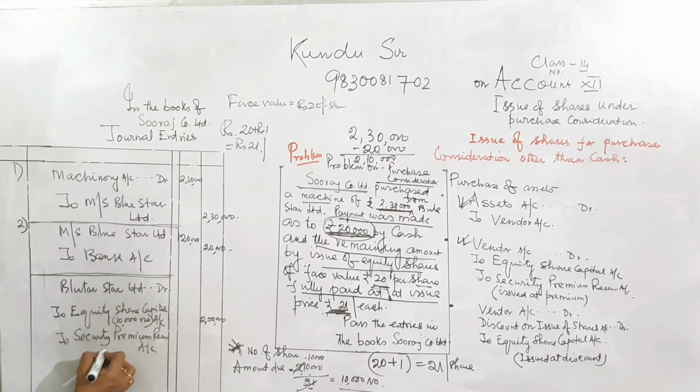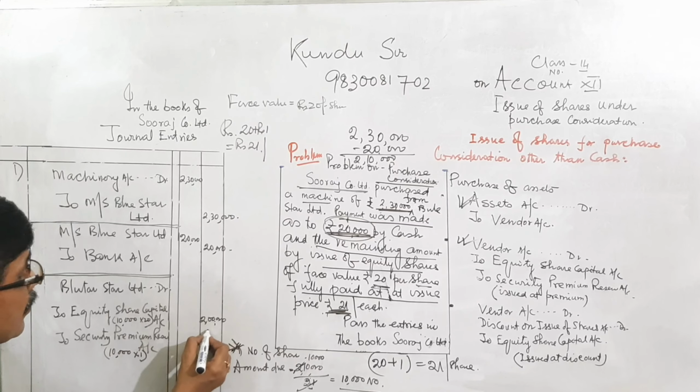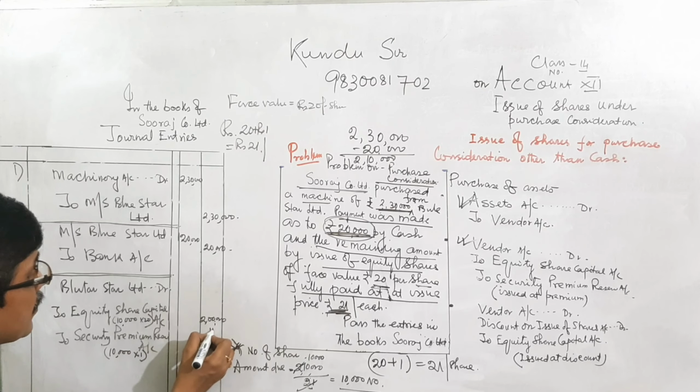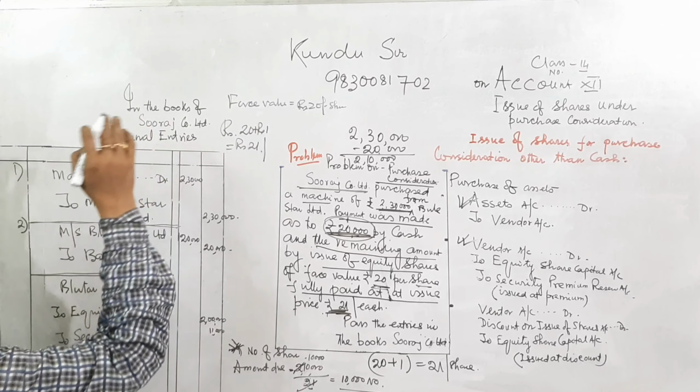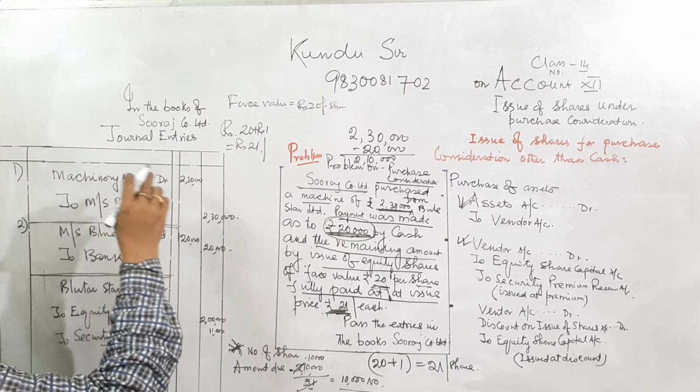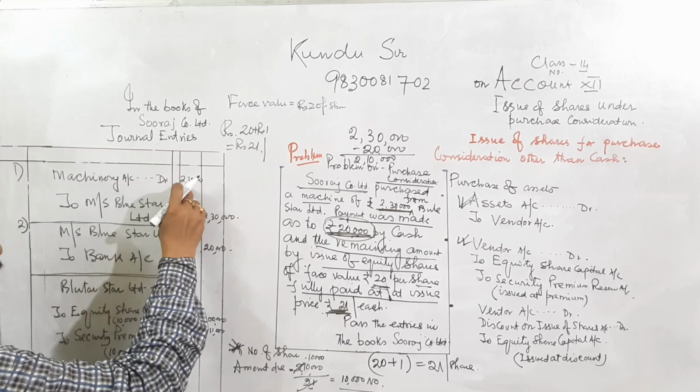And premium, 10,000 shares of rupees 1 each. Then the company transfers to share premium account, and they are paying off the rest of the purchase consideration, that is 2,30,000